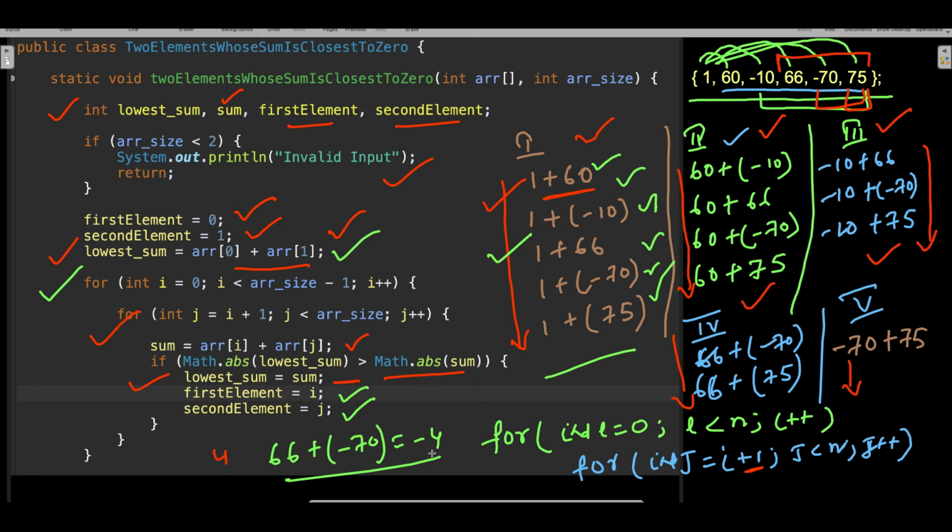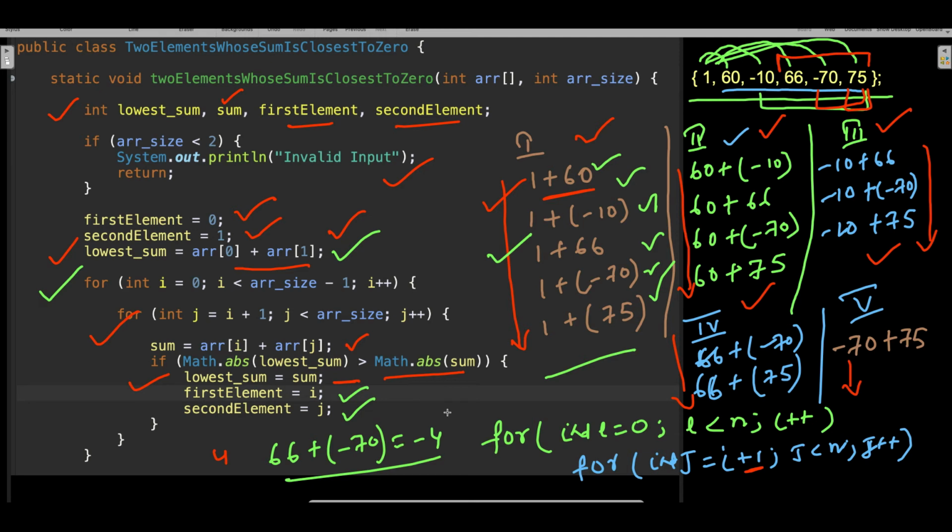So in this array, this is the pair which is very close to 0. You try to check that there is no other pair whose sum is closer to 0 than this. Okay, this pair is very close to 0, right. You understood the program, you understood the concept. I believe that you understood. If not, please watch this video again.